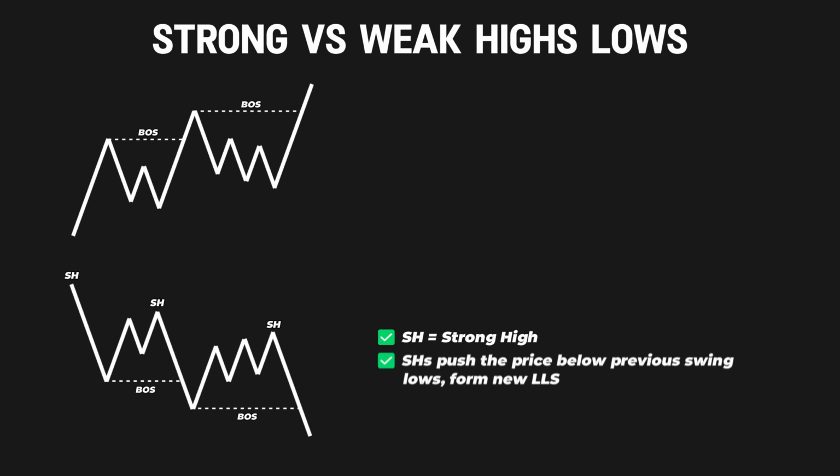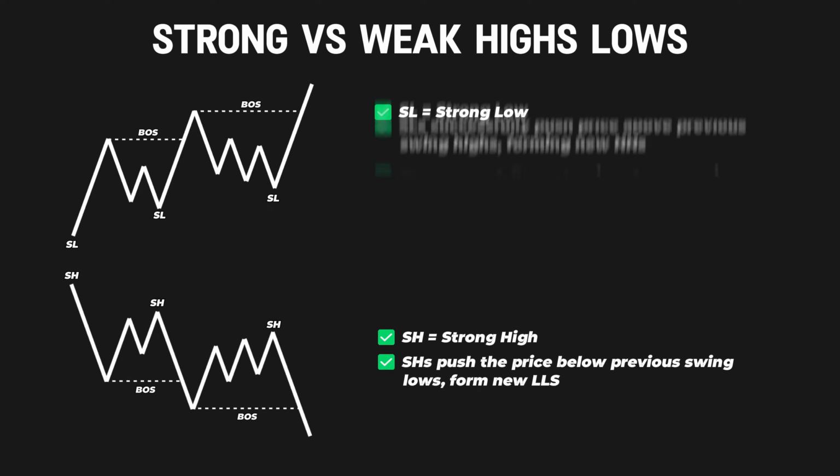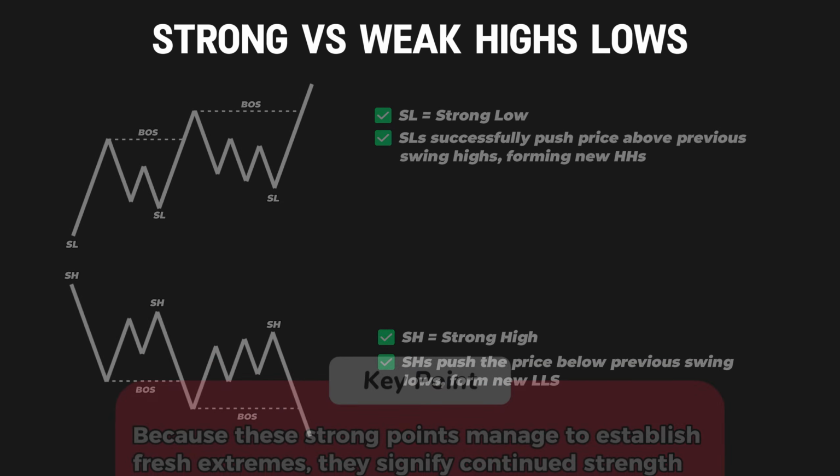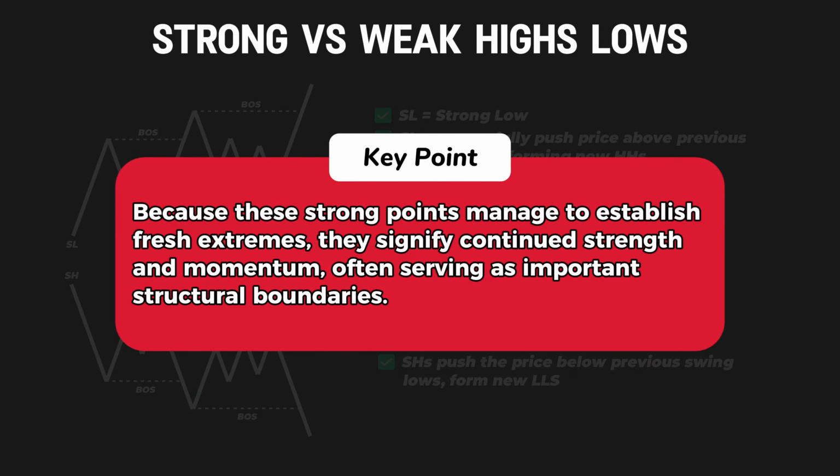Strong highs push the price below previous swing lows to form new lower lows in a bearish market, while strong lows successfully push price above previous swing highs, forming new higher highs in a bullish market. Because these strong points manage to establish fresh extremes, they signify continued strength and momentum, often serving as important structural